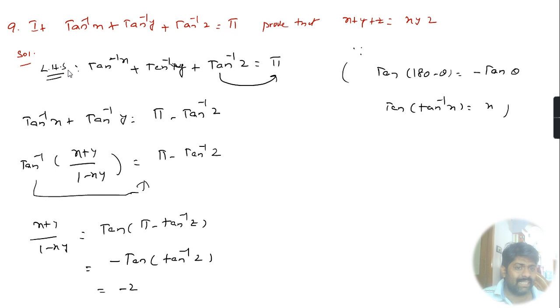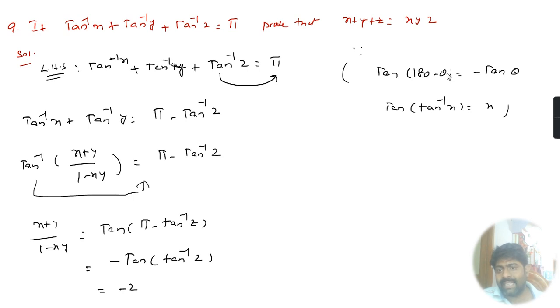First we have to take the LHS. In that LHS we have 3 terms, 1, 2, 3. But in that formula we have only 2 terms, that is tan inverse x plus tan inverse y. Convert this tan inverse z to the right side of this equation, then we get pi minus tan inverse z. And we know the basic formula, tan inverse x plus tan inverse y, is tan inverse of (x plus y) by (1 minus xy). And this tan inverse will be converted into this side, we get tan of pi minus tan inverse z.